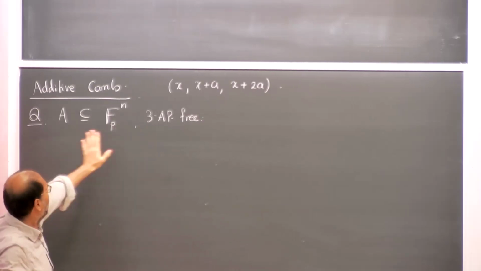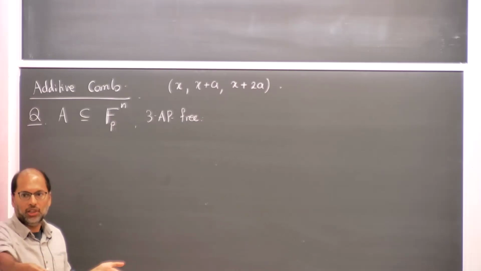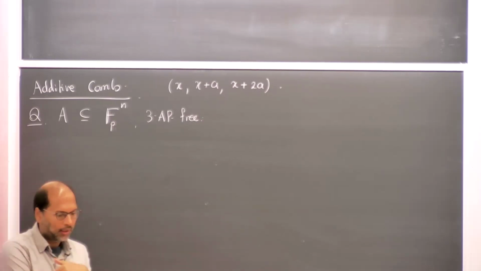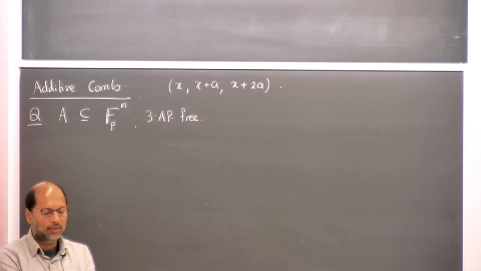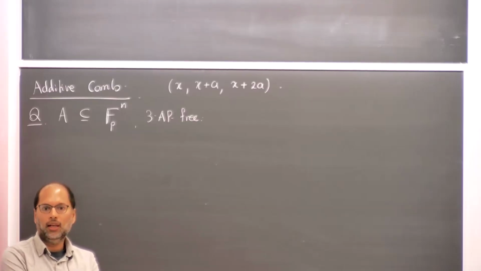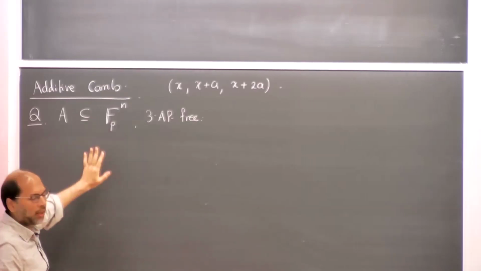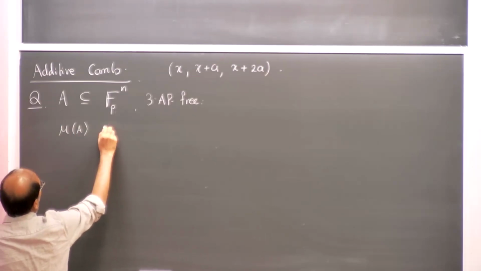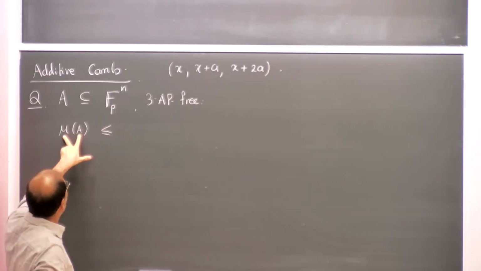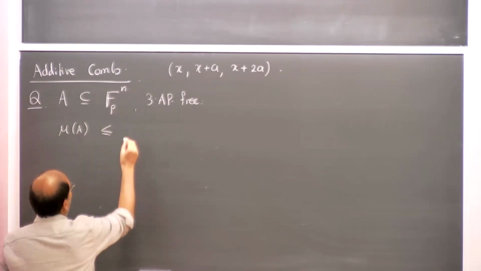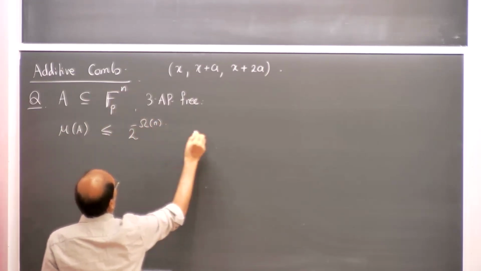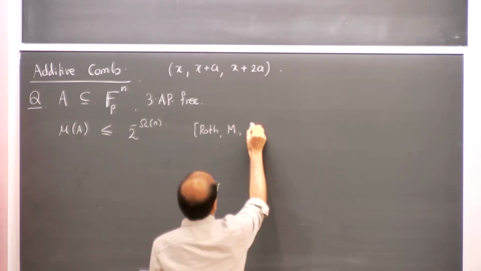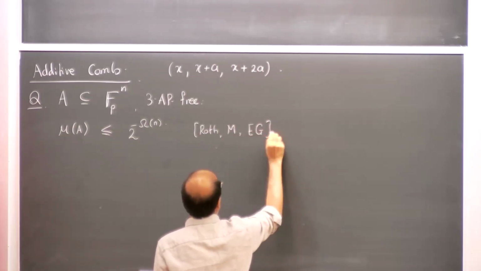Now, this question is also considered over integers, and perhaps I think it's even more well studied over integers. And there we do have excellent upper bounds, works of Roth, Szemerédi, Gowers, and more recently Kelley and Meka. So here we will consider the question over F_p to the n, which is also very well studied. And it's known that the density of any such set, meaning relative size compared to the whole space, is in fact exponentially small in n. And these are results starting with Roth, then Meshulam, and Ellenberg and Gijswijt.